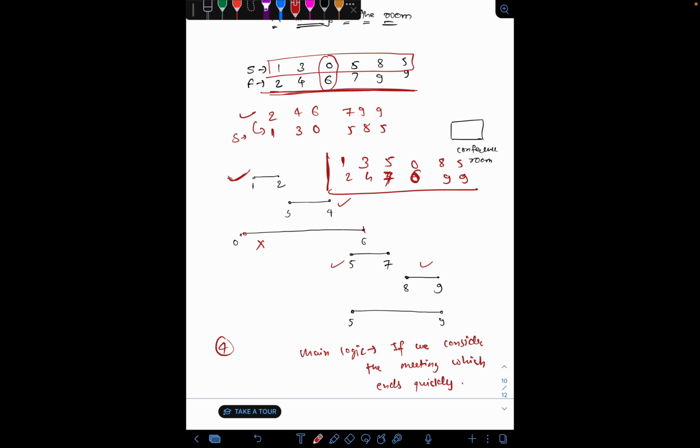Now if we sort this finish time, the array will look like 2 4 6 7 9 9, but the start times will remain the same, which is 1 3 5 0 8 5. But you see, this should correspond to the original start time, and now it is corresponding to 5.